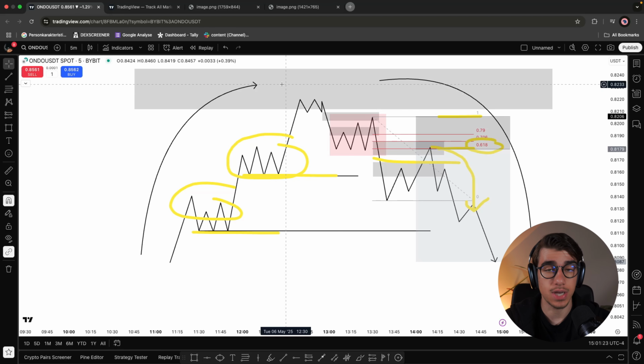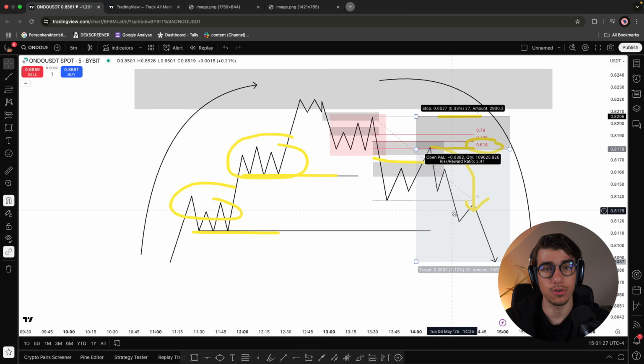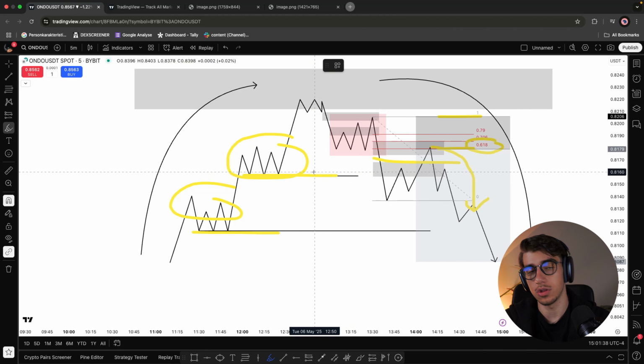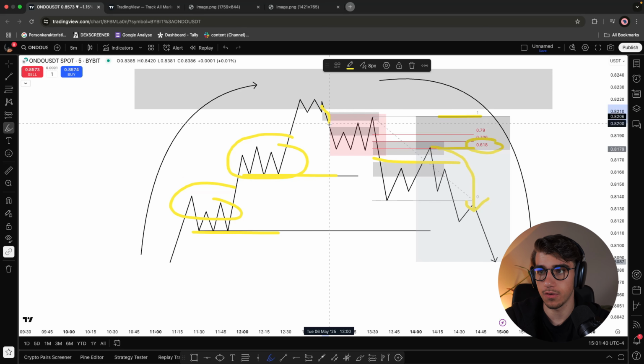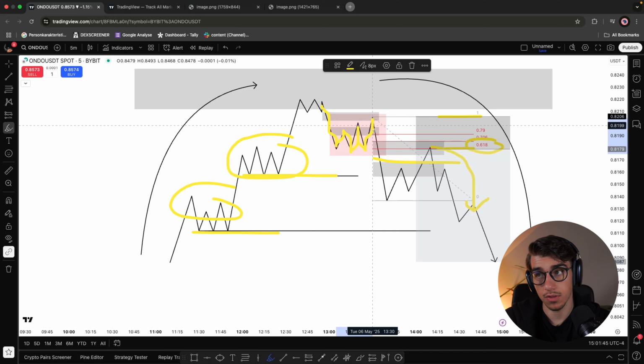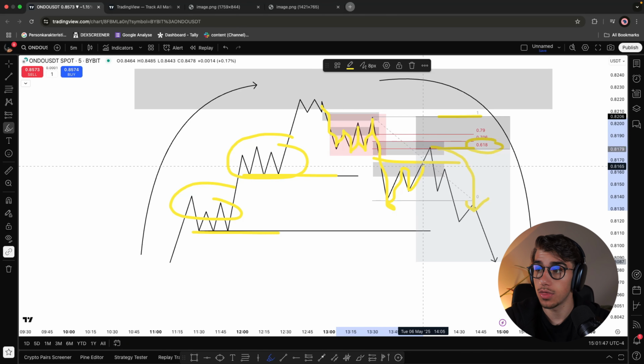Some type of higher time frame PDA array is very likely going to be what starts the market maker sell model. And again, that is what we call the smart money reversal. We then wait for the first displacement leg, then we wait for the first consolidation, then we wait for the second displacement leg, and in the third consolidation, we look for our entry at the 0.618 of the optimal trade